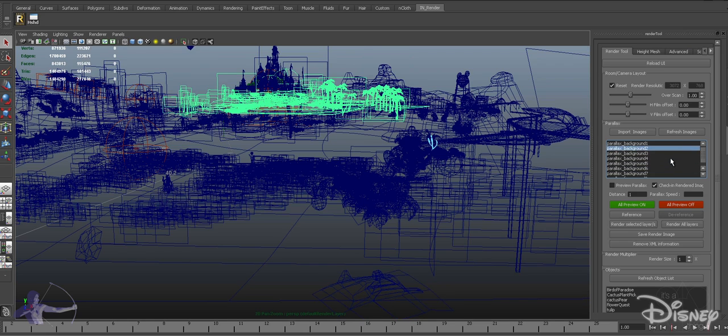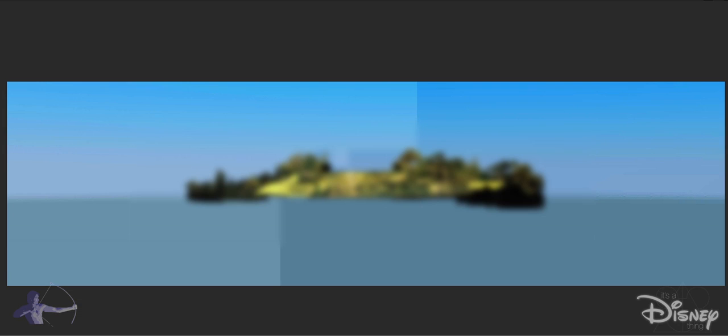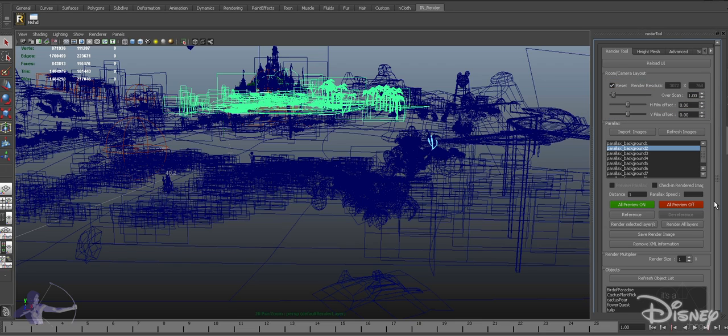So if I select parallax layer 2 and I want to render it, and because this tool also version controls all the files, for showing this example I would uncheck the check-in button, which would not check in the rendered file, and then I can press render selected layers. So it has rendered parallax layer 2 for us. It does some pre-calculation before rendering a particular layer. It applies certain shaders if required. It also turns off the visibility of all the parallax layers existing in the scene so that it can